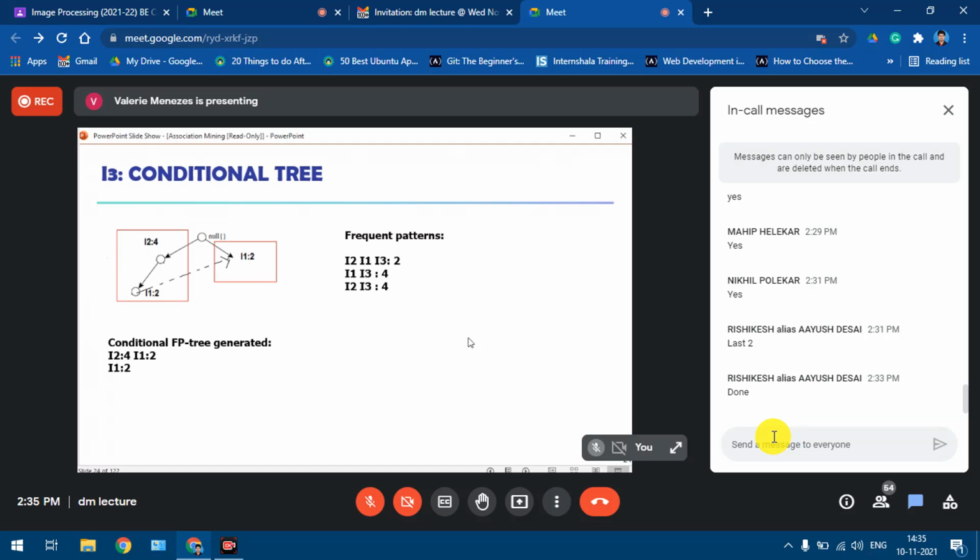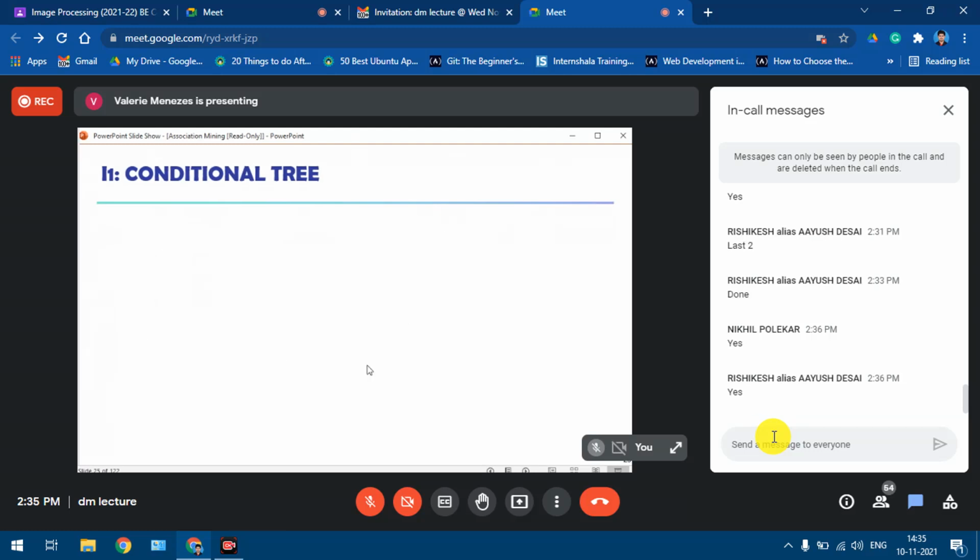Okay, I'll change the slide, students. Have you all finished? The next one we have is I1. We don't take I2. From the ascending order, we'll go till the second last element. I2 is the first element, so we don't take that. We'll go till I1. Now again we look at branches in which I1 is in the ending position. So we see there's only one branch.